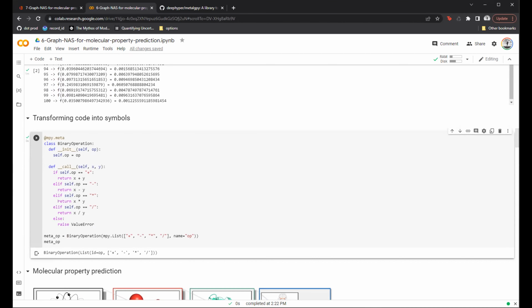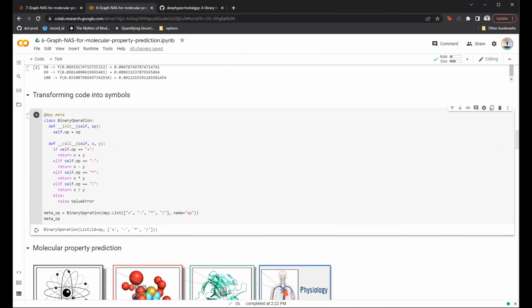of doing arithmetic expressions. So say you have a small operation, say you have a binary operation, right? And say you try to create a class, and you try to transform your given class into a symbol in such a way that you build an arithmetic expression based out of symbols.